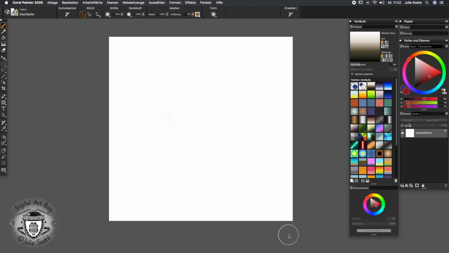In this tutorial, we're going to see a few different ways to be using gradients and a few tools that can be used with gradients. So the first thing that I would like to show you guys is that it is possible to use gradients in layer masks. So if I open a new layer and I open a new layer mask,